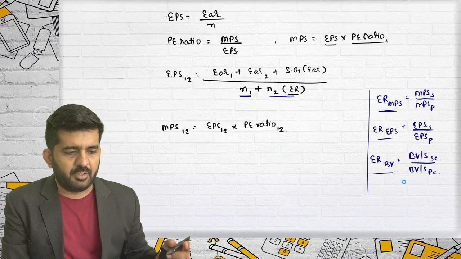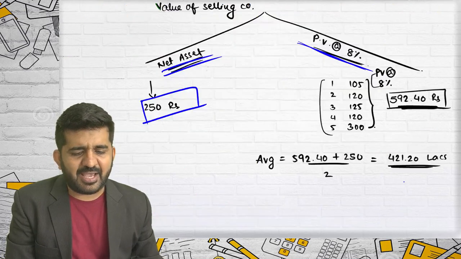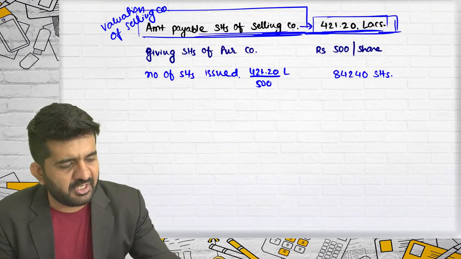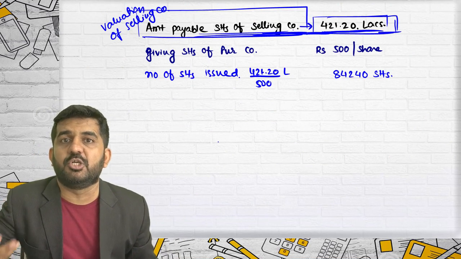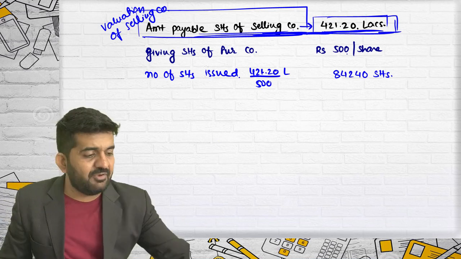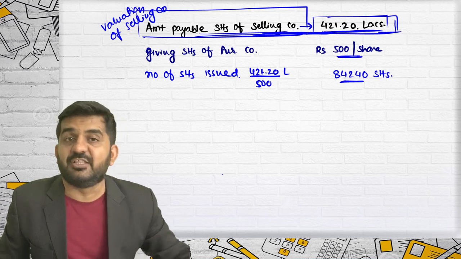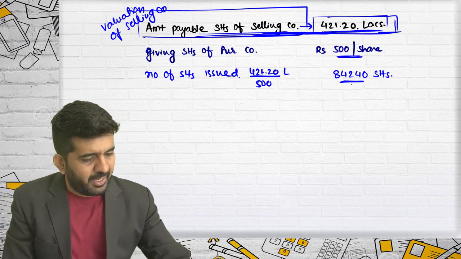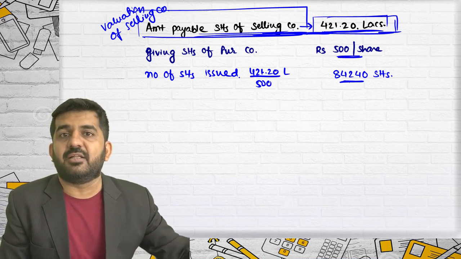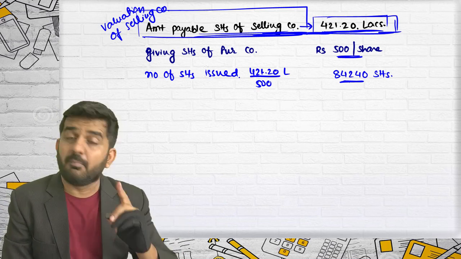So this is not something new. My point is, this is not something new which we are doing. Just here the exchange ratio directly is not given. So we need to find out what is payable to the shareholders of selling company, then divide by the price of the share of purchasing company, and I get this. And now I can find out the exchange ratio if I want. Number of shares that are given divided by number of shares they are holding will give the exchange ratio. But that is also not easy.